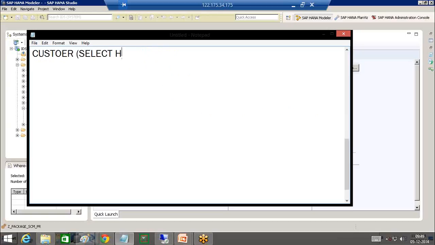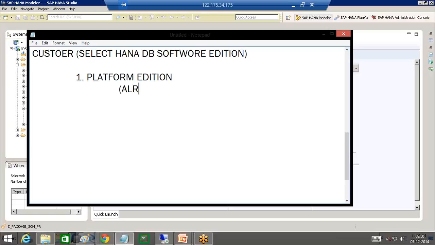selects the HANA DB software edition, there are 3 editions available. Number 1 is the platform edition. The platform edition is for those customers who already have a BODS license. This is for those consultants and project managers working with licensing. So if the customer already has a BODS license, then we go with the platform edition for that HANA database software. Number 2 is if the customer does not already have a BODS, then there is the Enterprise Edition